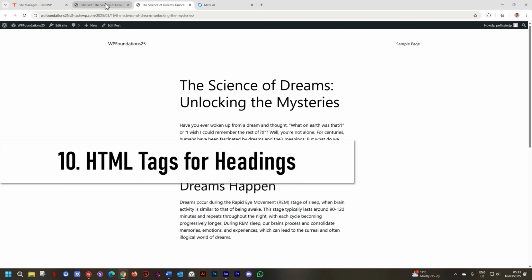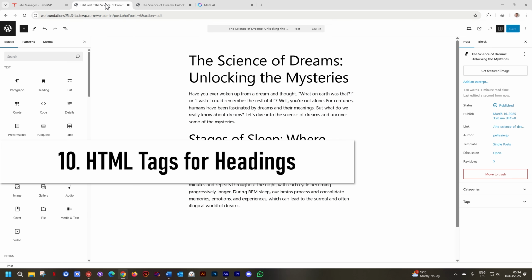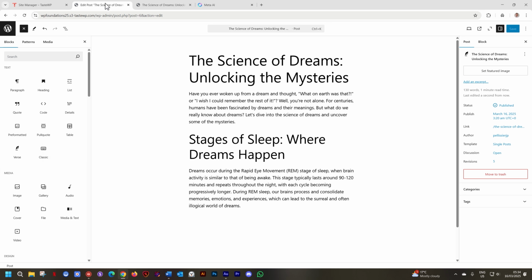Next, we're going to talk about something a little bit technical, but I think once we get this out of the way, you will create better pages from the get-go. And that is something referred to as HTML tags. Don't worry, just remember that there is this concept of tags and that you have to assign a name to it. Oh, okay, hold on tight. This is what we're going to do.